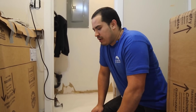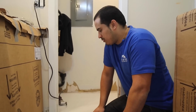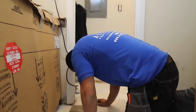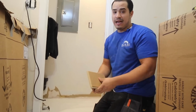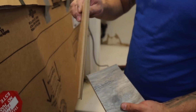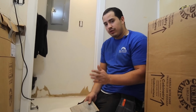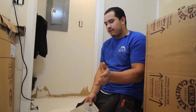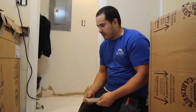Very simple. Just a few tools that you're going to need, and this is going to help a lot of the people who want to have a clean finish when they install their flooring, especially for the DIYers. So what you want to do is get a piece of your flooring. If it's laminate and it has the underlayment built in, it's fine. If it doesn't, you want to first make sure you get your first layer of the underlayment down on the flooring. Then you want to take a small piece, doesn't need to be big,